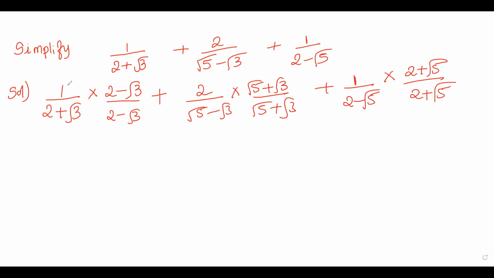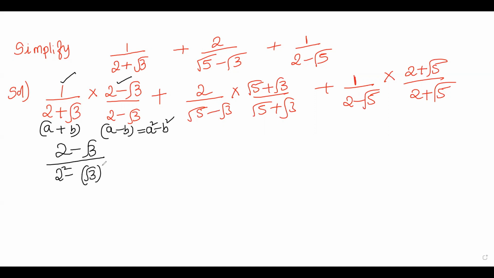Now numerator into numerator, you will get 2 minus root 3. The denominators are in the form a plus b into a minus b, which is equal to a square minus b square. Write down 2 square minus root 3 square. Is that okay? In the same way,